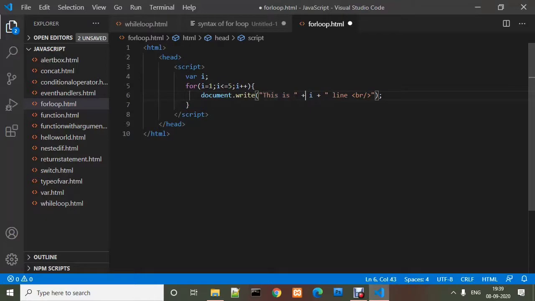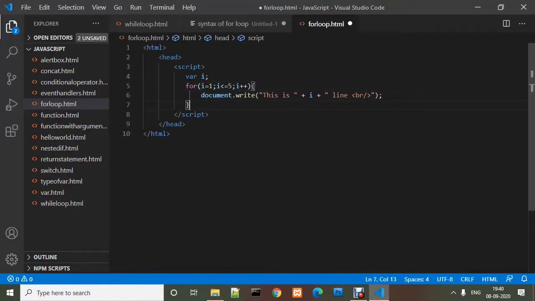So it says this is 2 line and 3 line and 4 line and 5 line. After the 5 line, it will increment the value of I, and now the value of I is 6. So it will check whether the condition is true or false. 6 is less than or equals to 5? Now the condition is false, so the loop will terminate, and now it is out of the loop.